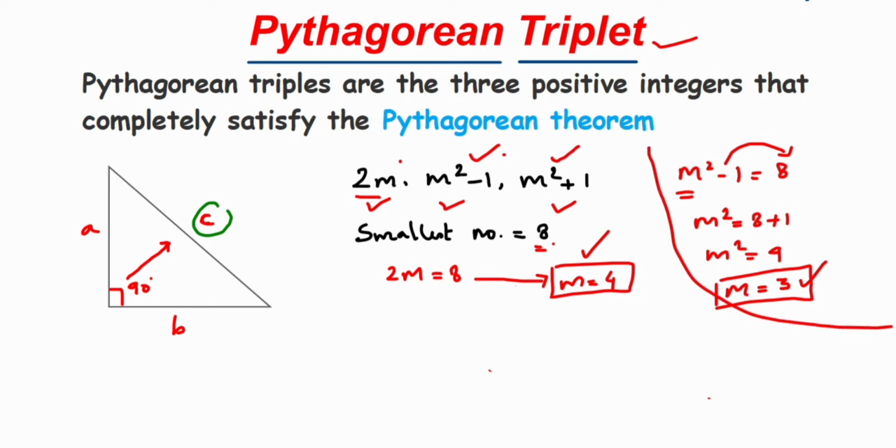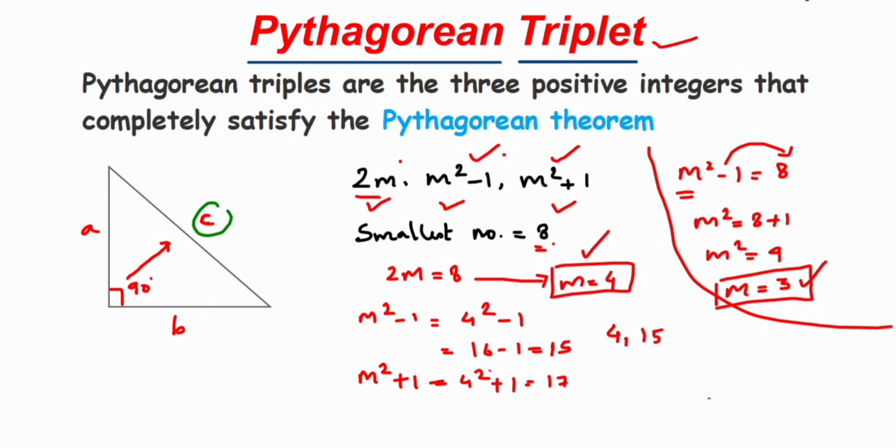So m square minus 1 will be 4 square minus 1. 4 square is 16, 16 minus 1 is 15. I got one number. Now m square plus 1 will be 4 square plus 1, 16 plus 1, 17. So 8, 15 and 17 will be my